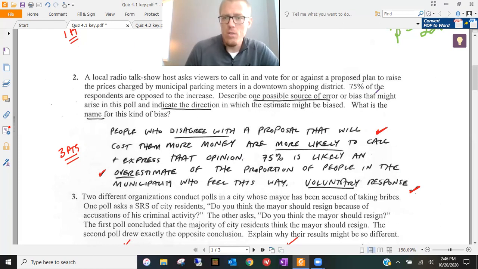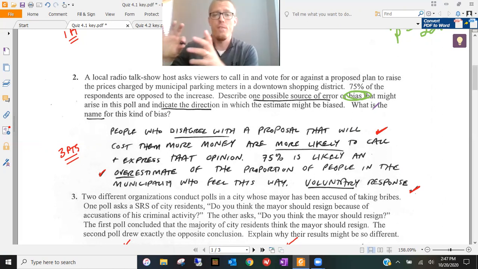So bias is a huge, huge concept here. Bias is not opinion. Well, that's your own personal bias. We use it like that in how we talk, but I don't want you to use it like that in AP statistics. I want you to use bias as the overestimation or the underestimation of reality. Bias represents how far off of the reality our sample is and in which direction it is off.